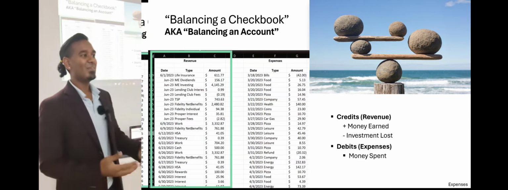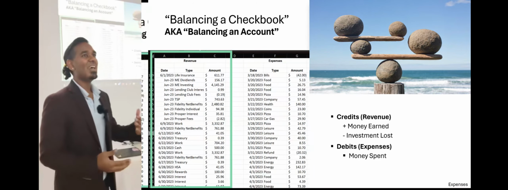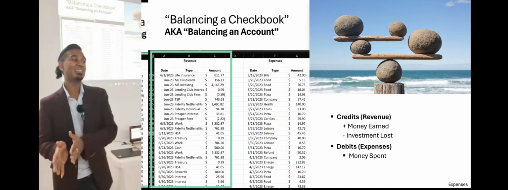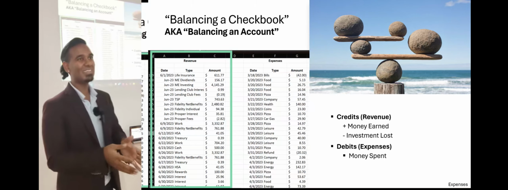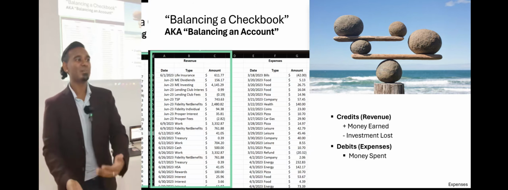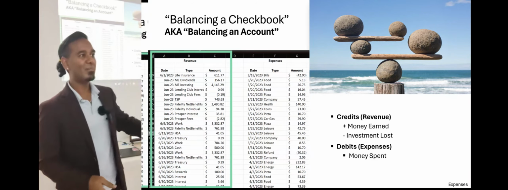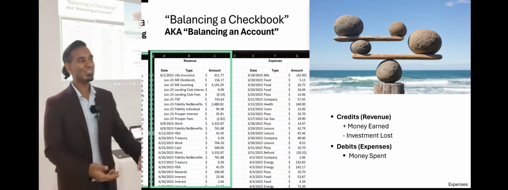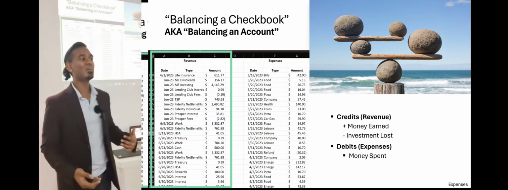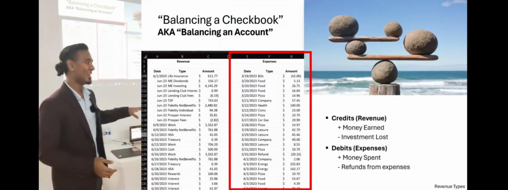What I also consider revenue is money that I lose through investments. The reason I track it that way is because if I lose money through investments, it's not like I ever really had the money to begin with. I don't track it as an expense because investment loss specifically is not guaranteed or stable, so it skews your understanding of what your real expenses are. An investment loss is really a volatility on your income and not an actual expense. Even though it's a minus on your account, it's not an expense you're having, it's just less money coming in. That's why I make that distinction. And in terms of expenses, there are actually two categories as well.